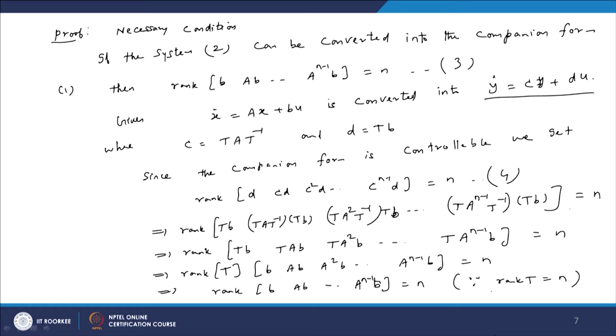So, it proves that the condition is necessary, that is, if the system is converted into companion form, then the system has to be controllable. That is proved here as the necessary condition. Now, we can prove the sufficient condition. So, if the rank of the matrix is n, if the system is controllable,